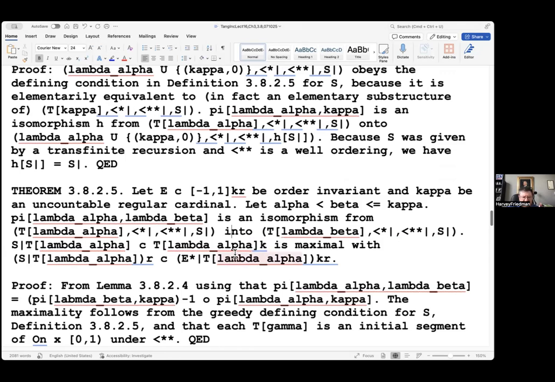And also it preserves maximality, that has nothing to do with the second beta. This is always maximal with respect to being in E star. You see, that's because it's a greedy construction. It's maximal, but if it's greedy, it's going to be greedy at every stage, so to speak. And these T spaces are initial segments of less than double star.